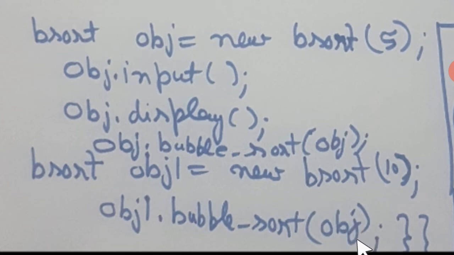So obj, which is a parameter, its data will be sorted as it was done here. You can see the same object is having the same parameter, meaning object obj is passed as the parameter. Or you can have a second object, and in that function you can pass the previous object. Whichever way you want to do it, you may do it. I hope you got the clear idea. Please execute this program on your system and see the output.